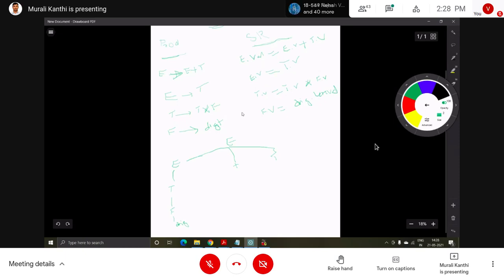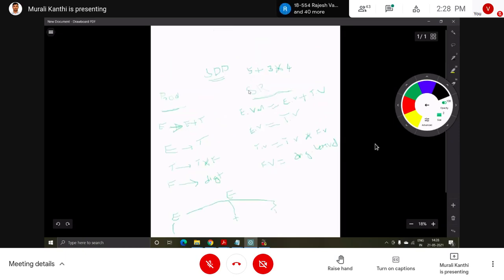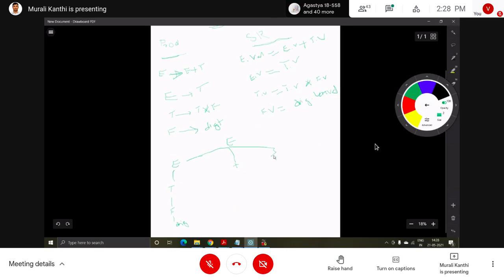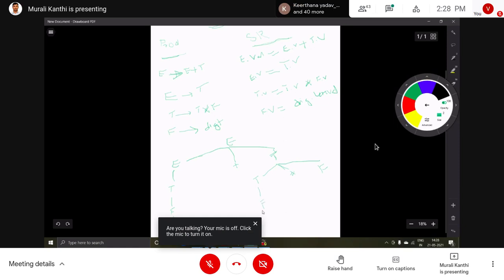Here plus. Before the plus and after the plus, there is a left hand side and a right hand side. So on the right hand side, T can be written as T into F. T produces F. Then F produces digit.